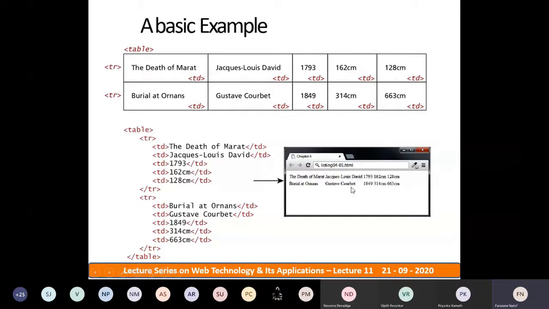So for this, you need to add an attribute for the table, border equal to some thickness value. When you increase the value of the border, the thickness of the border will keep increasing, right? If you start from 1, a light border will be displayed, a light line. You can change the styles of the line also, right? Now, how to add a border for the tables?